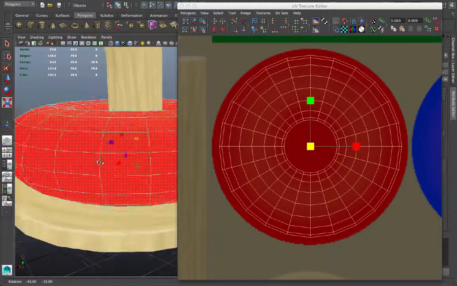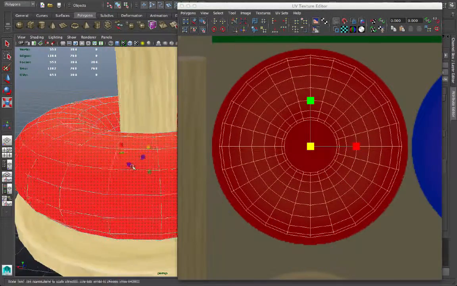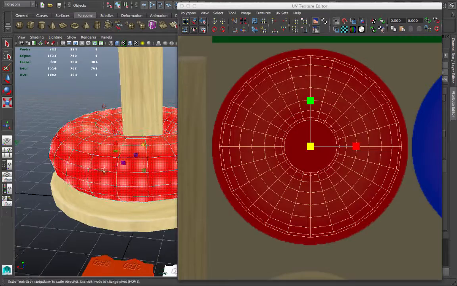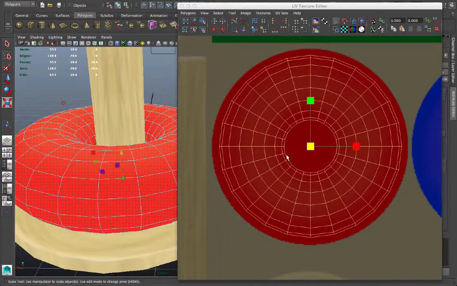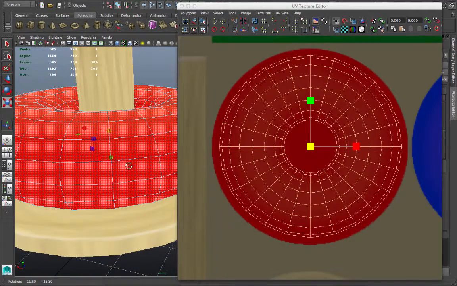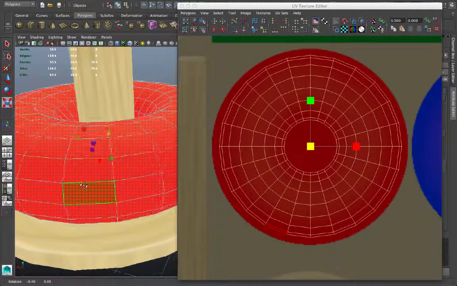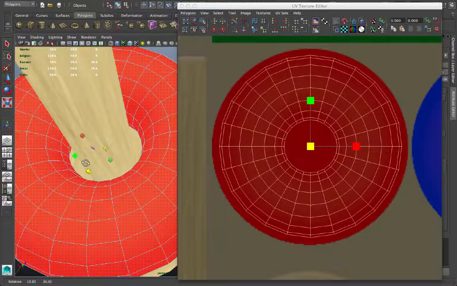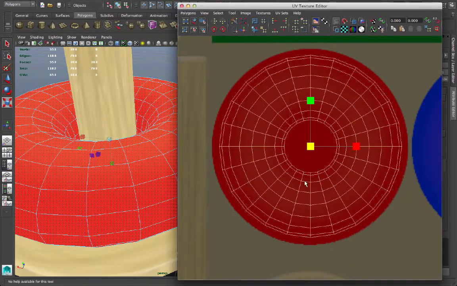Now it looks good, but one thing that I need to be attentive to is the fact that because this is a planar projection on a curved surface, we have some potential for distortion here. Since the texture is a fairly flat color, I don't notice that distortion, but it is happening. You see that these faces are more or less equidistant from each other here in the 3D view, but as we look in the 2D view, the planar projection has them getting a little closer to one another toward the